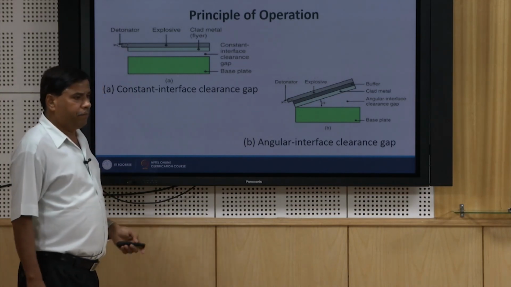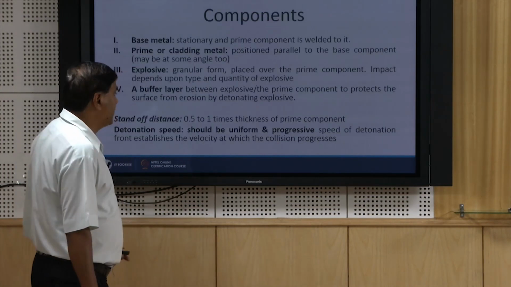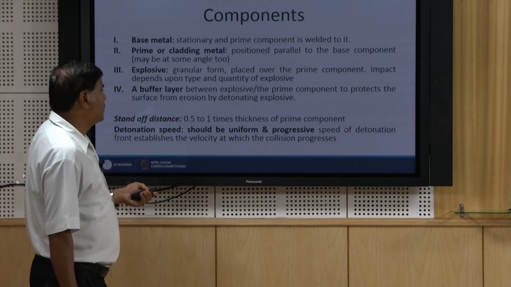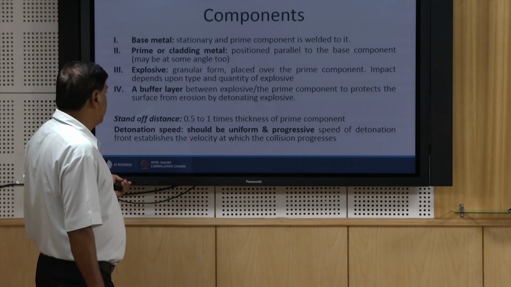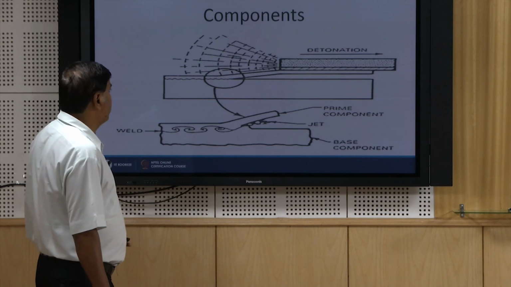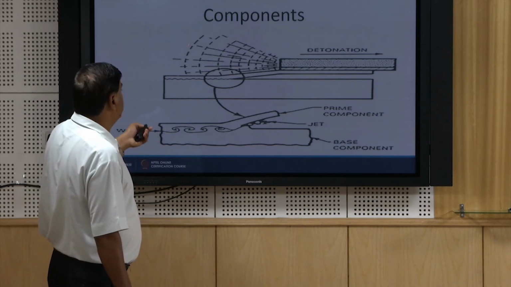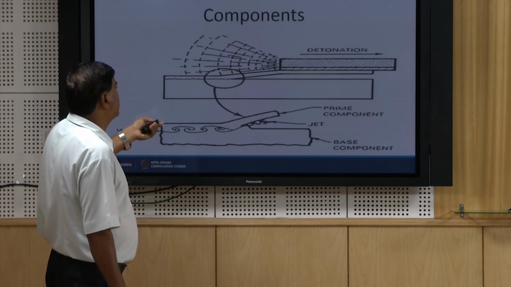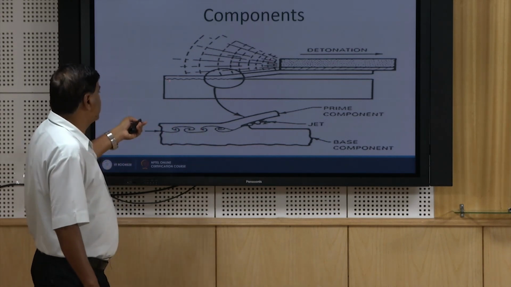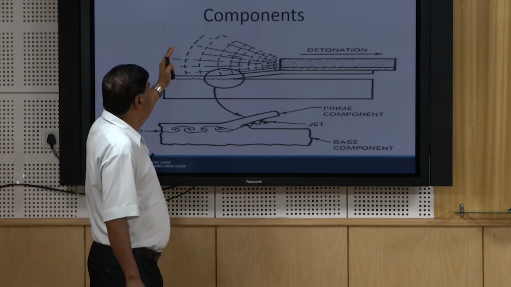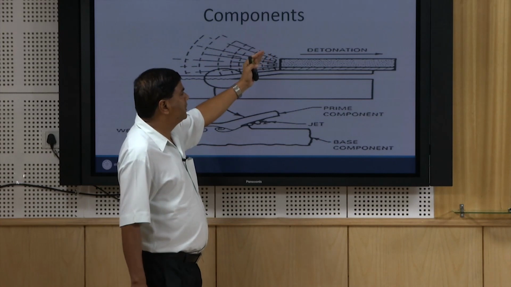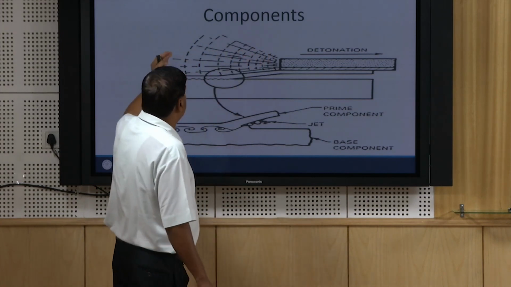to 1 time the thickness of the plate, and the detonation speed should be uniform and progressive. The speed of the detonation front establishes the velocity at which the collision will take place. So, this is what we can see here. This is how the ignition starts and propagates from one end to another, and in this portion the detonation has already taken place,